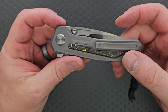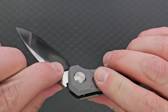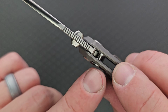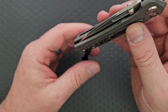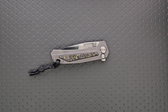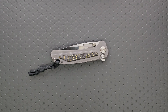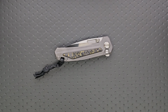Now we're not to the review yet, but I do want to say, I think where that engages needs to be just a little bit deeper. And I think maybe this piece right here, where the piece of material that actually engages with that lock face, maybe a little bit bigger so that you have more surface contact. And they've been making knives far longer than I have been sitting at my little Home Depot table going, ooh, I wish it was like this, right? So they're going to know a lot more about what can and cannot be done and for what reasons. I think probably as you create a deeper,